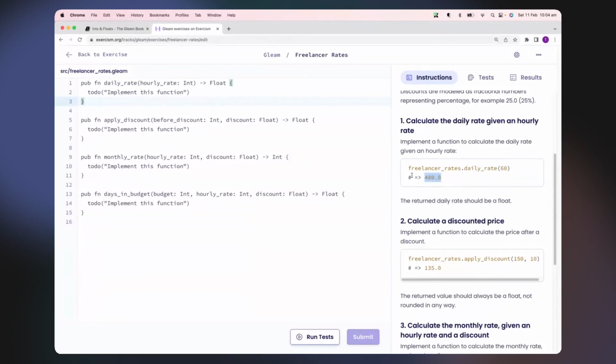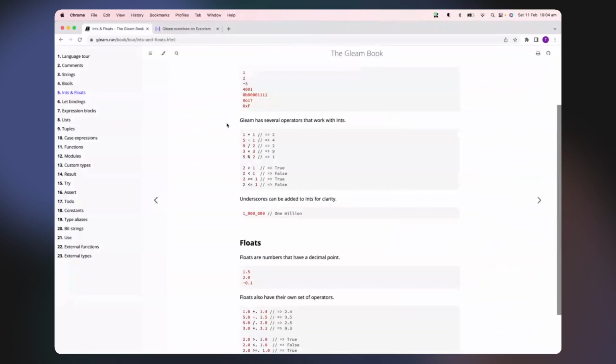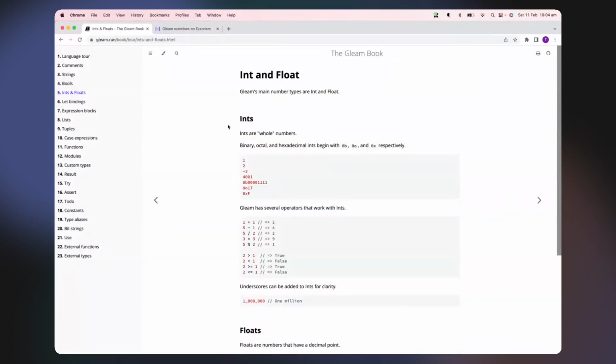8 hours in a day makes sense. So the way I would do this is, we'll get rid of this to do here. So like I said, Gleam has specific mathematical operators for both integers and for floats. I've got the documentation, well, not the documentation, but Gleam has a very handy language tour that you can find